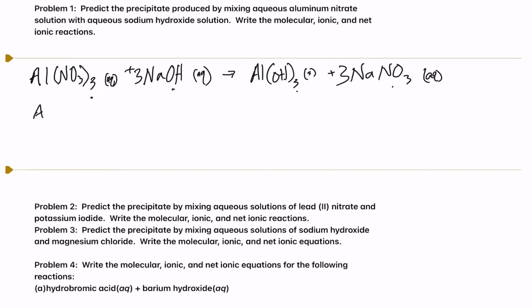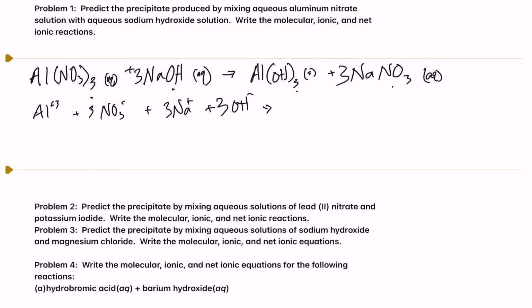Next thing we need to do after we have this molecular equation is to get the ionic and net ionic reactions. So again, we'll list out all of our different ions. We're in aqueous solution here. Our aluminum is +3. Again, that nitrate is going to be a -1, and we have 3 of those. Sodium is group 1, so it is a +1. And our hydroxide is a -1, and again we have 3 of each of those.